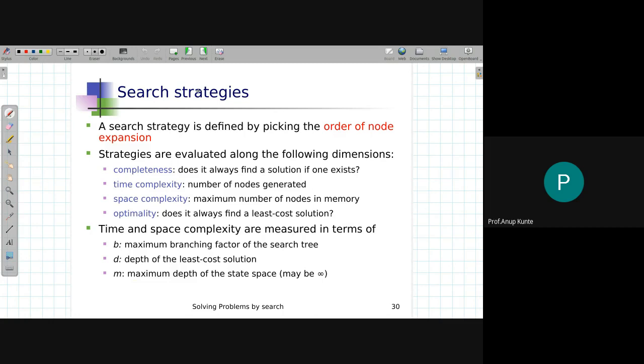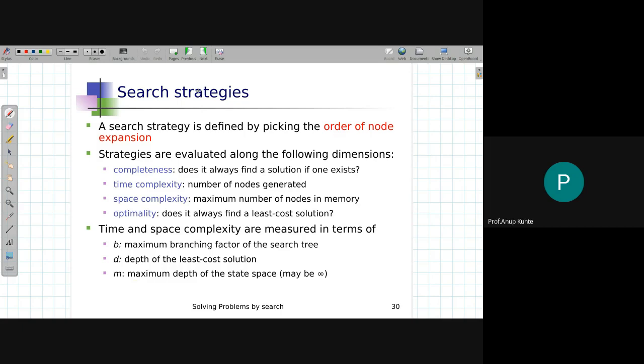Space complexity on the other hand is the amount of space that is utilized. कितने nodes memory में मुझे रखने पड़ते हैं for identifying or getting the solution. That would be how I would be judging the space complexity. On an average, मेरे मेमोरी में कितने नोड मुझे ओपन रखने पड़ते हैं so that I could inspect. मेमोरी में क्या रहेगा? The fringe. तो जितना ज्यादा बड़ा फ्रिंज उतना मेरा स्पेस कॉम्प्लेक्सिटी बढ़ता जाएगा. जितना फ्रिंज का साइज कम उतना मेरा स्पेस कॉम्प्लेक्सिटी कम होगा.